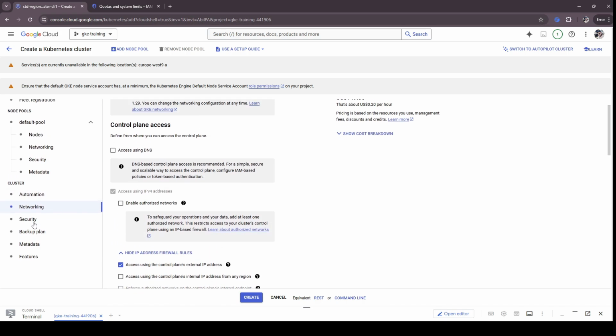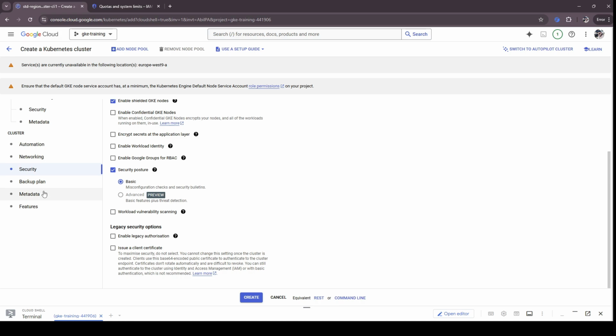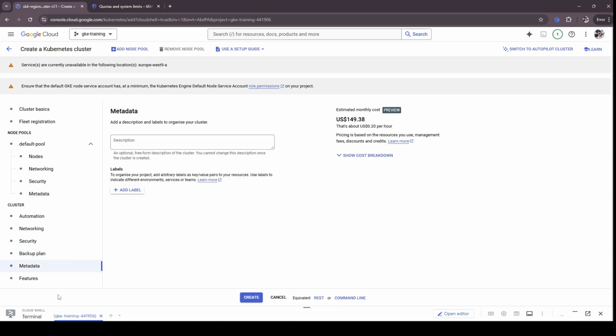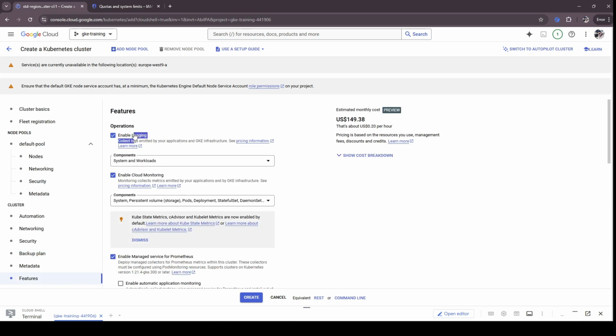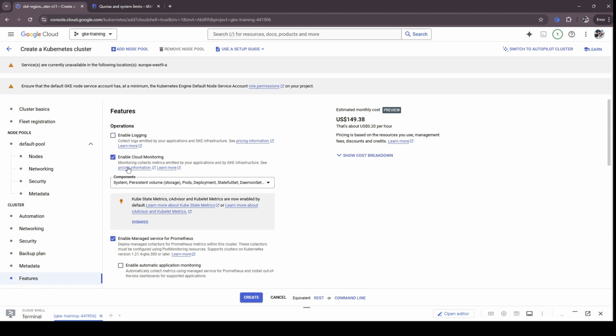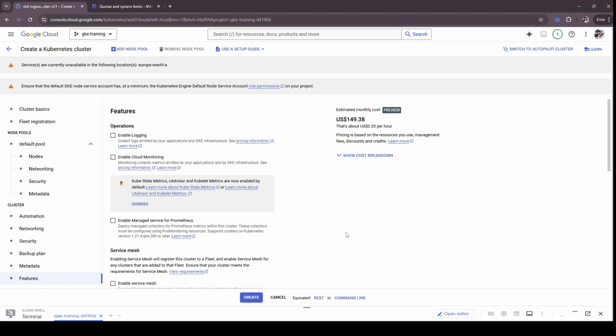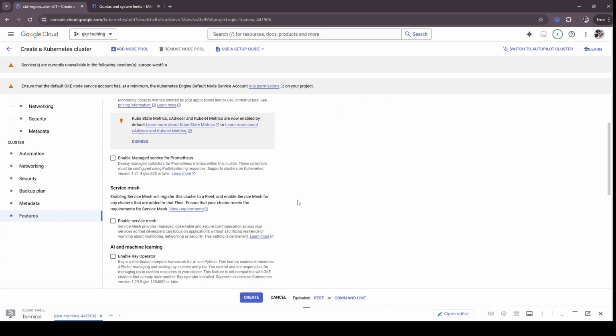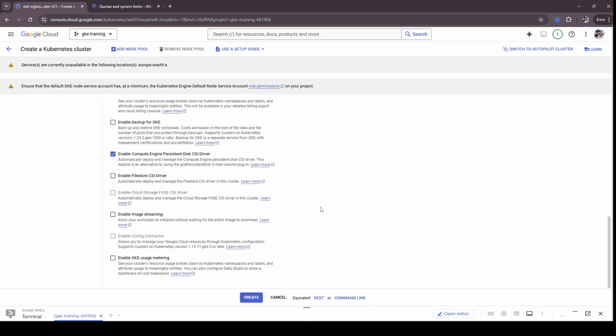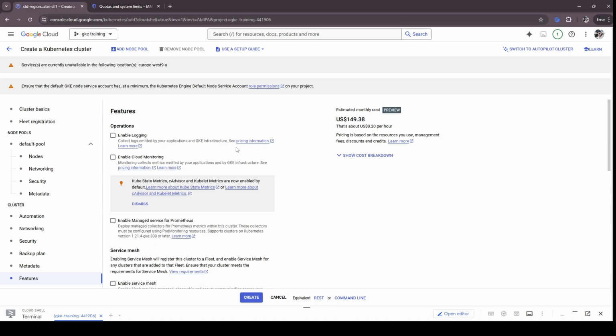Let's move ahead. Security side, nothing you're gonna change. Backup is as it is, metadata is as it is, and let's go to features and disable logging, monitoring, and managed service for Prometheus, which we are not gonna use for this video and to avoid costs. So yeah, that's pretty much it. So we have done all the